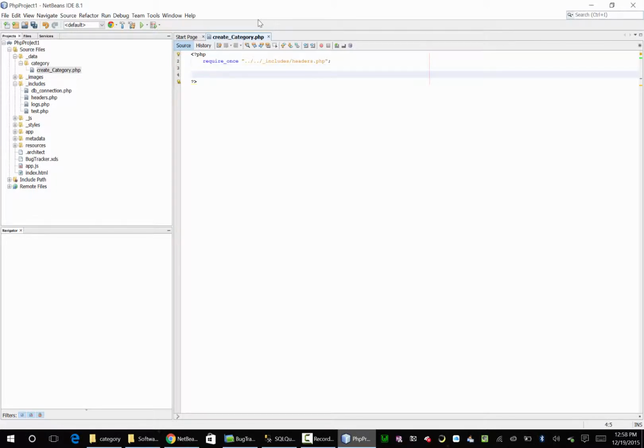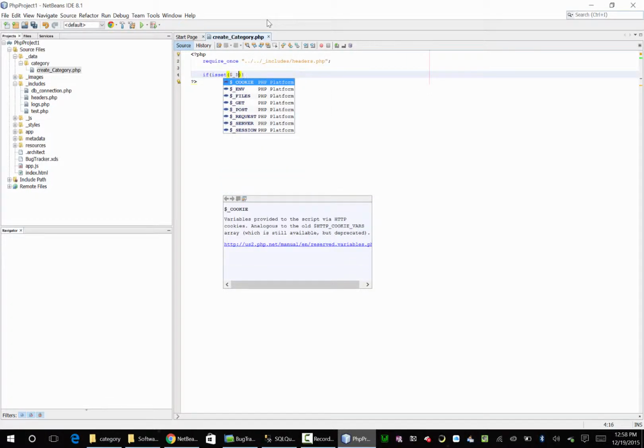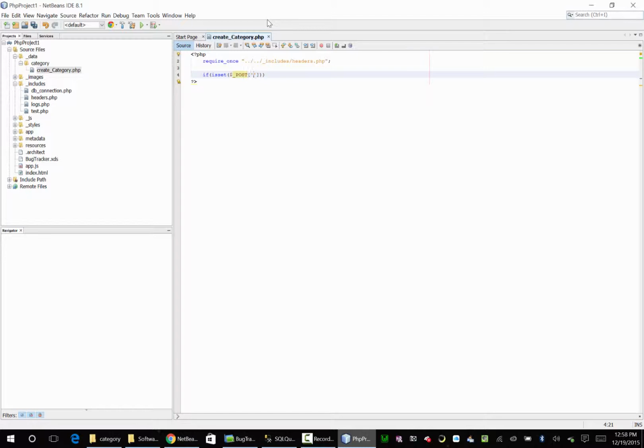Now here we're expecting to get a category name, right? So in PHP we're going to say if is set, and there's gets and there's posts. So what we're going to use is a post. So we're going to say underscore POST, all capital, description is what we're going to call it. So if it's set, okay, it's put my curly brackets in there for me automatically. Okay, I get used to that. Else,